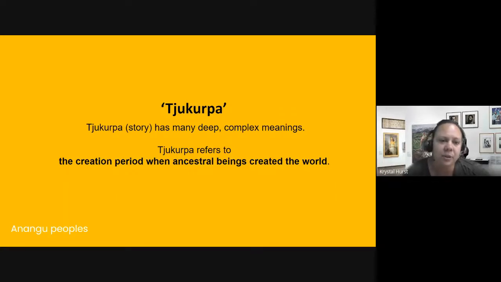And so we focus on this one, for example, which is Chukulpa, which originates from the Unugu people in Central Australia. And Chukulpa in their language means story, but it also has deep, complex meanings. And it talks about a time in which ancestral beings travel along the landscape to create the world in which we have today. But Chukulpa really does revolve around the life of the Unugu. So it's really just an insight into Indigenous philosophies and wisdom, just to get a little bit of an understanding of Indigenous perspectives.